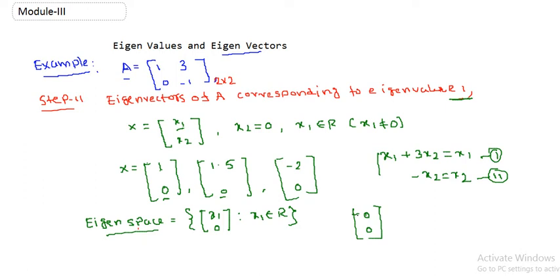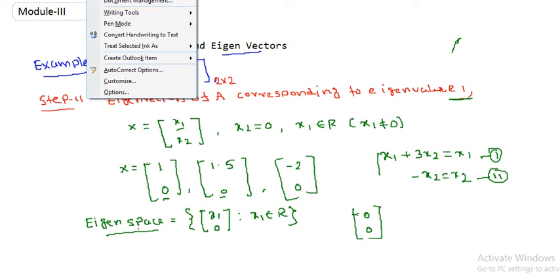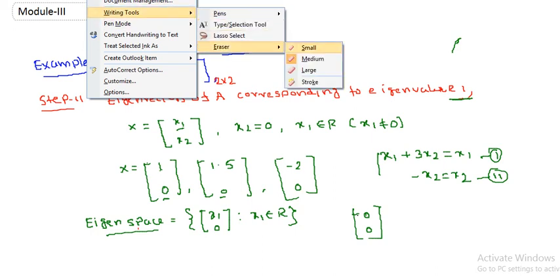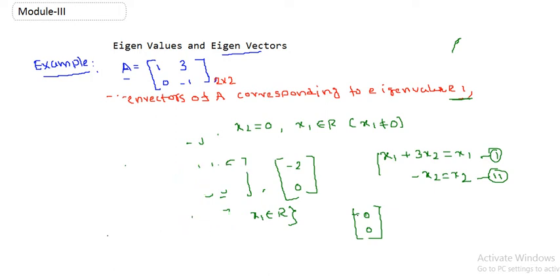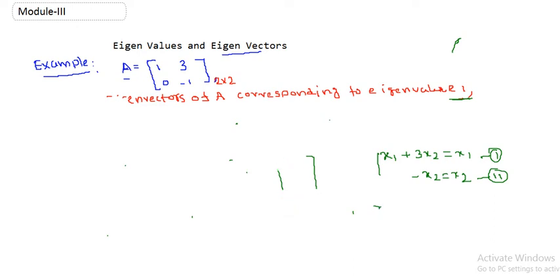So if you do not want to remember all the concepts, just remember how to find eigenvectors corresponding to a given eigenvalue. Let me give you another example, since we have not yet found the eigenvectors of A corresponding to the eigenvalue minus 1. So let's do it. First let me erase this whole part, and then we're going to find the eigenvector of A corresponding to the eigenvalue minus 1.